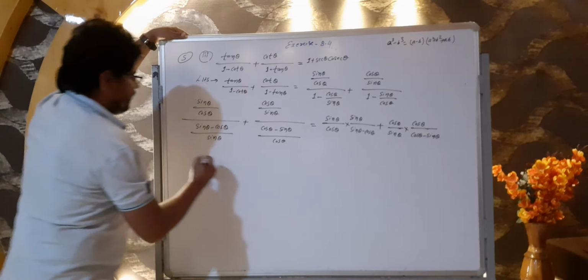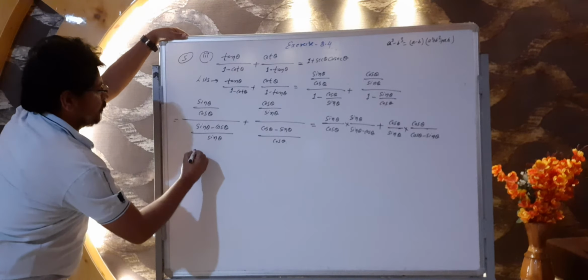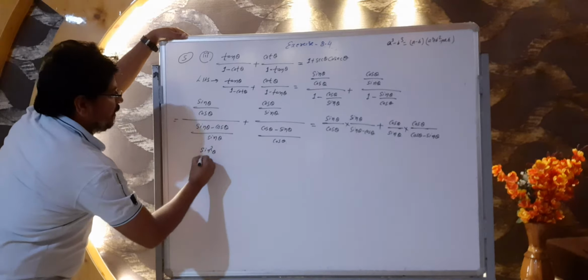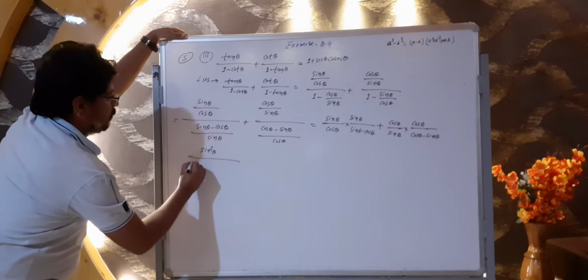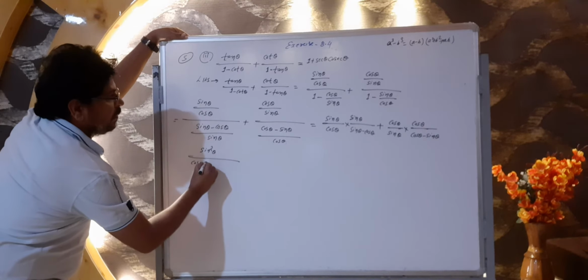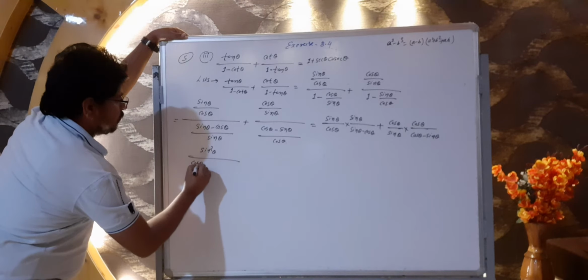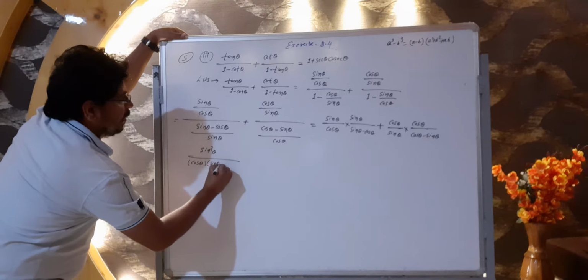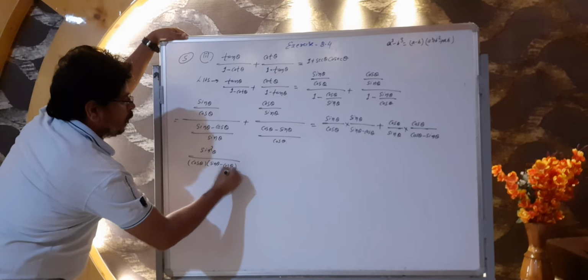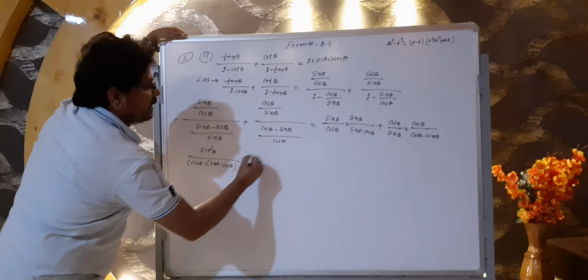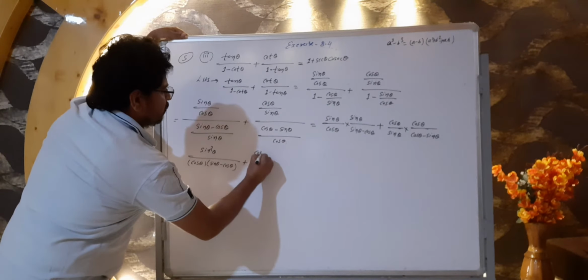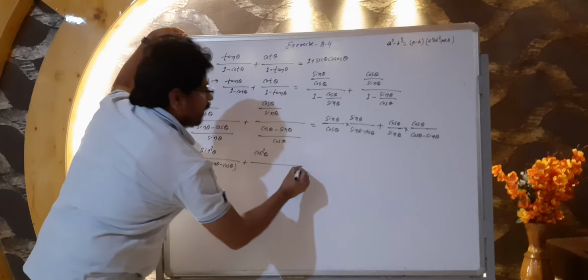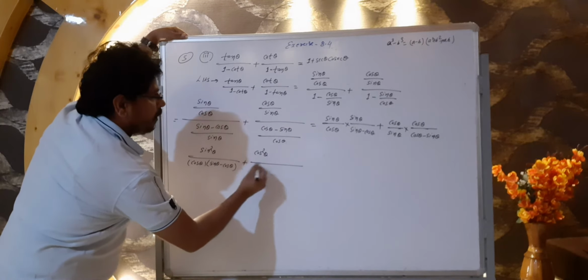Okay, is that clear? Now we have to multiply this, then what will we get? We will get here sine square theta upon cos theta in one bracket and another sine theta minus cos theta, plus then plus cos multiplied by cos, we will get there cos square theta, and downside what do we have to do?